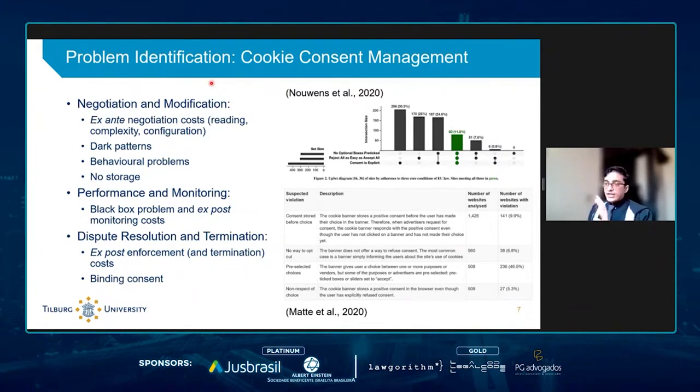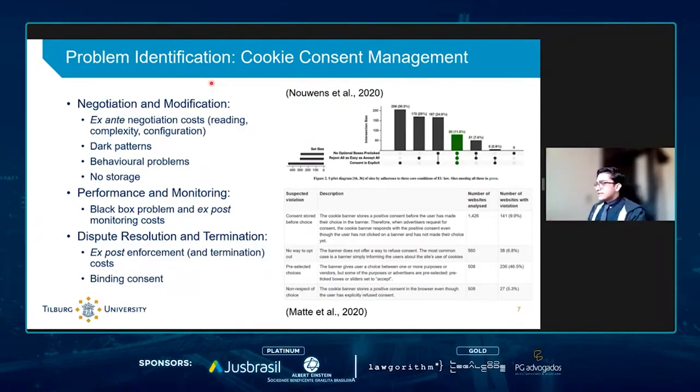And this, even if she crosses all of these problems, even if she deals with all of these problems and makes effective choices about her consent, she then enters the second stage where both the parties are performing their parts of the contract, and where they are monitoring each other for compliance. And this is where she faces the second problem, because even if she makes the effective choices, she has very little by way of an option to ensure that those choices are actually being followed. And this is a problem not just for Jane Doe, but for regulatory authorities as well.